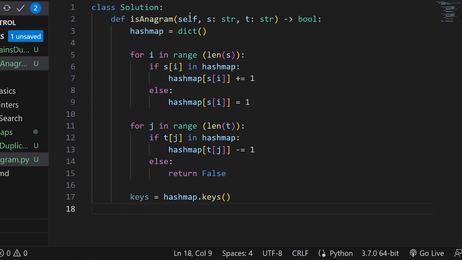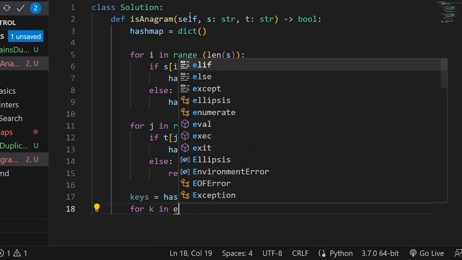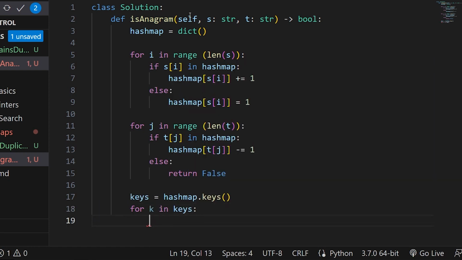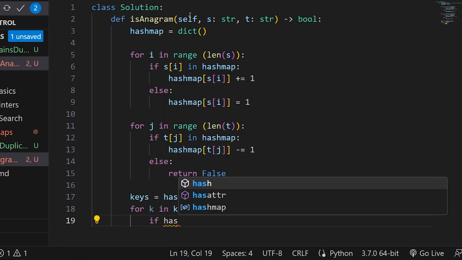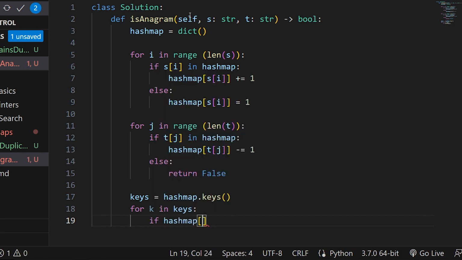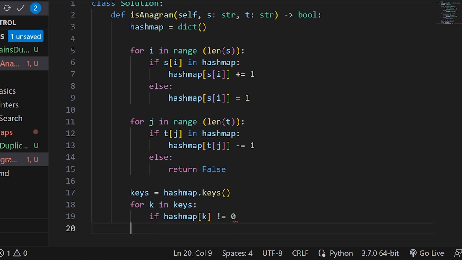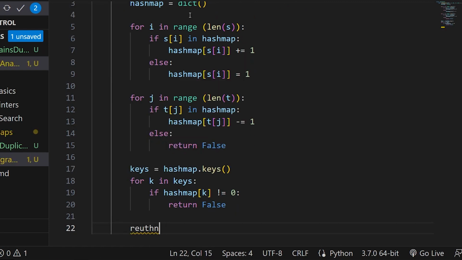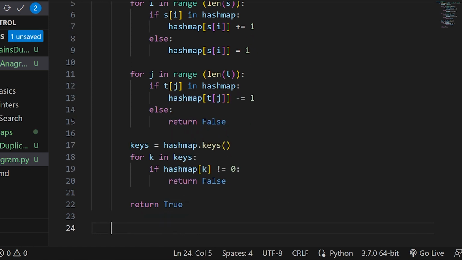I'll check for all the keys, and I'll say for k in the keys, if the hash map of k is not equal to 0, I'm going to return false, or the base condition is return true. And we are done with the code.